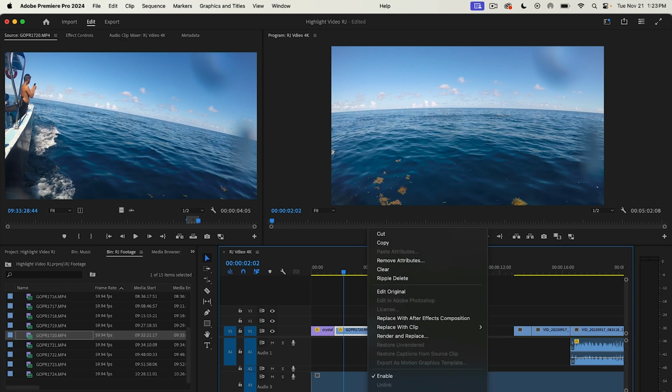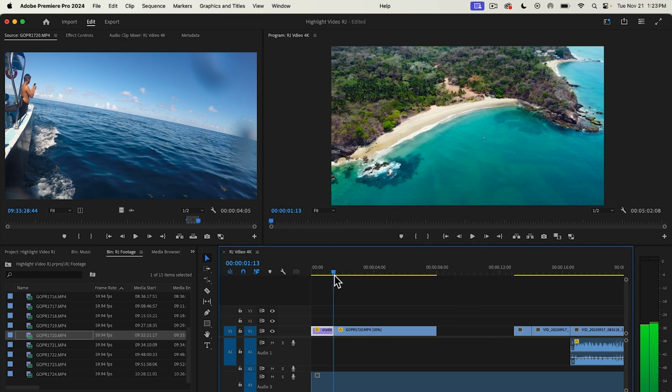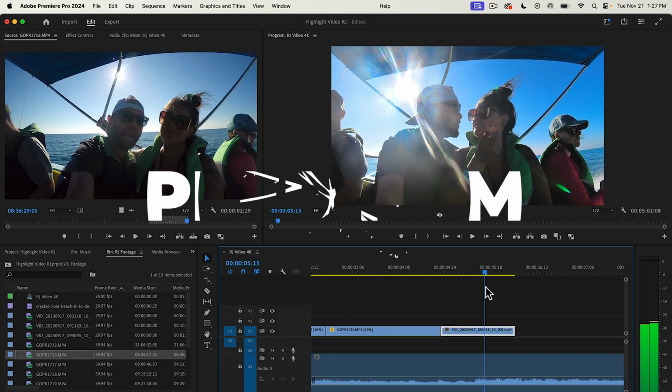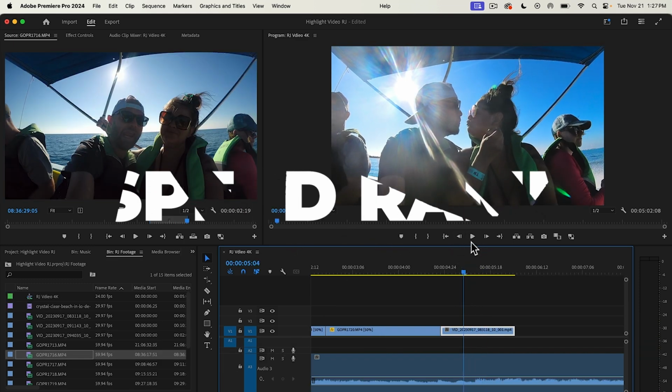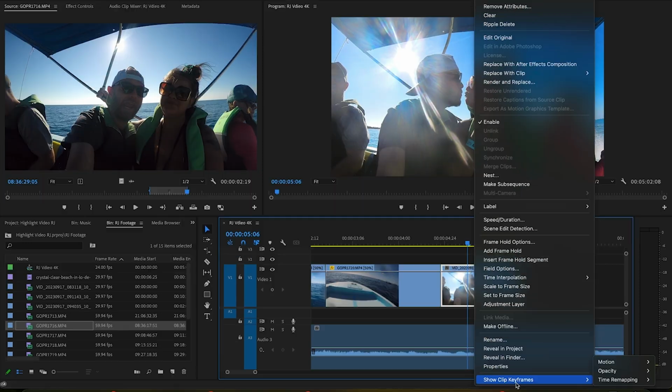You can right click and come down here, speed duration, drop it to 50%. Now it smooths out that footage. But there's a better way, and that's to speed ramp it, like this. Bring this line up so the footage is bigger. Then we right click on it, scroll all the way down to the bottom, show clip keyframes, time remapping, speed,